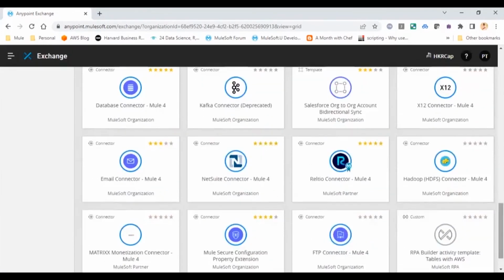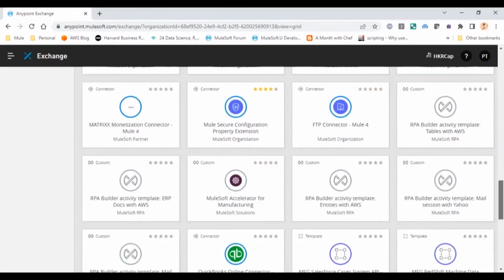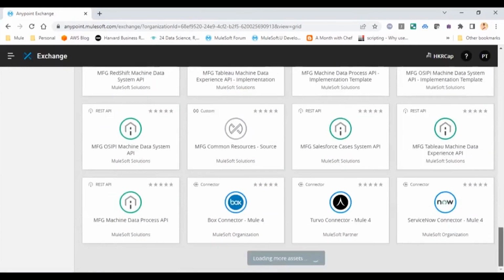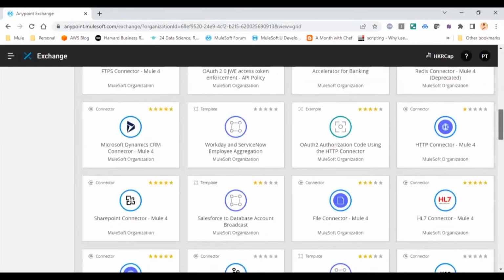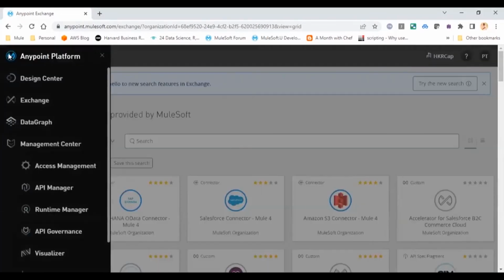I think so far we have got everything, I mean, whatever I am working on for the client, with whatever use cases that we have to integrate, right? So we have got all the connectors available for us, guys. I think most recently we're having RPA, robotic process automation, templates as well. That's very recently released by MuleSoft, right? So we have got all that even. Okay, so you can just drag and drop in your Studio and start using them. Okay. That's one thing about Exchange. And